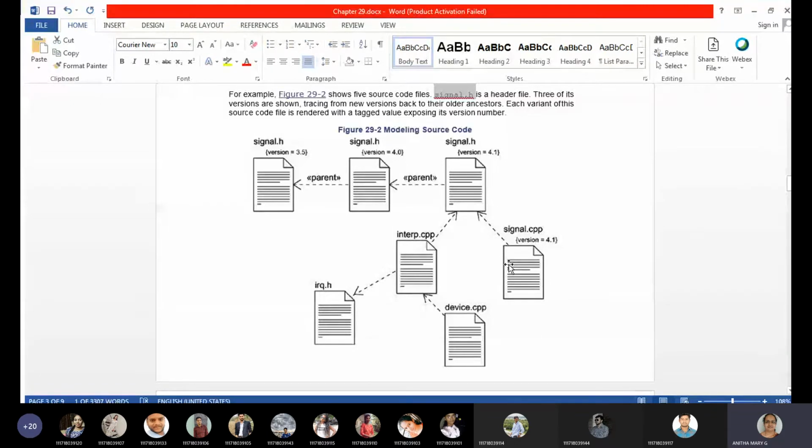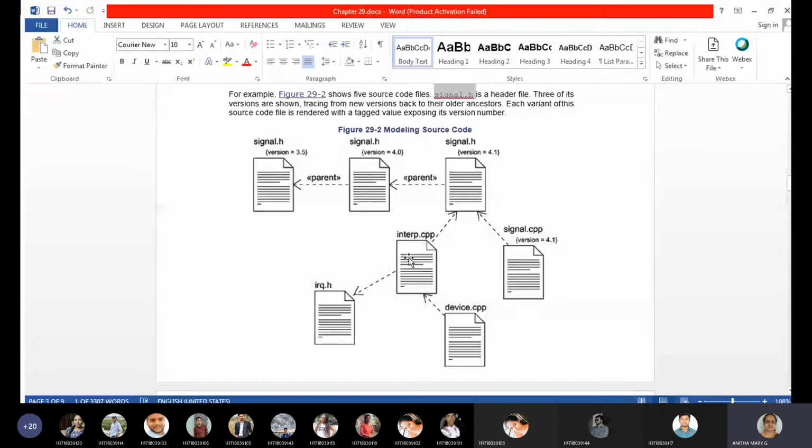That means this .cpp is depending on this header file during its execution time. So that's how we are showing it. That is what we talk about as source code. Source code is the basic code.